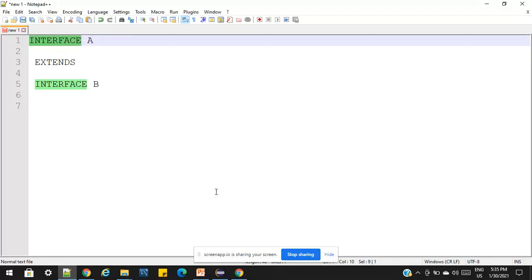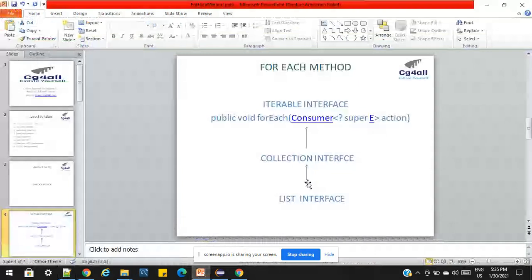Collection extends the Iterable interface, so all the methods and attributes are available in the Collection interface as well. If the Iterable interface contains a forEach method, it should be available in the Collection interface as well, clear?